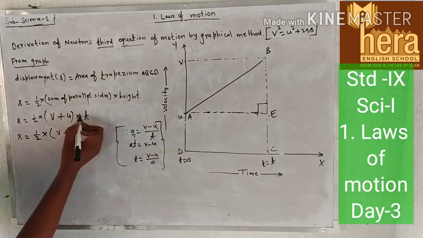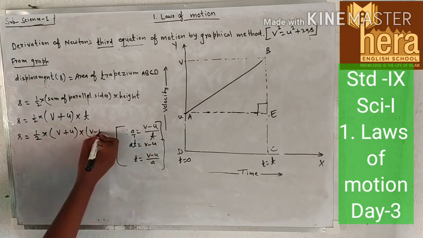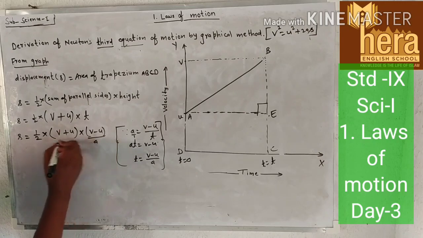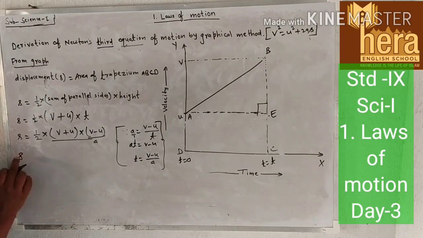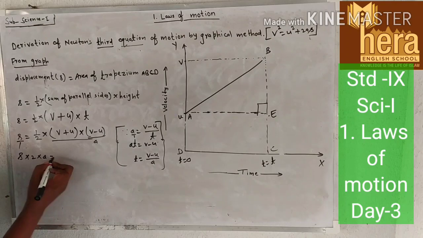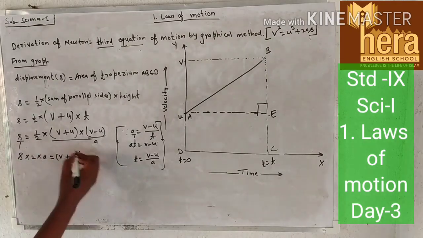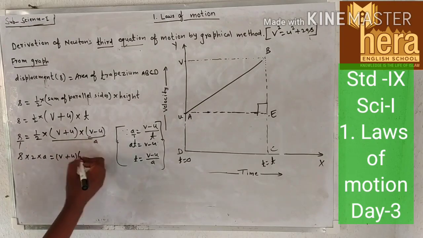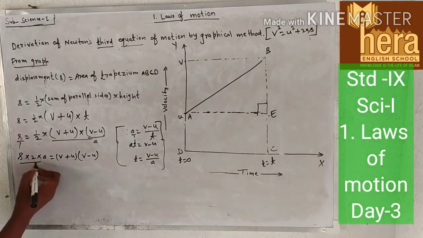So in place of t, what you have to put? V minus U upon a. So put here V minus U upon a. It means S into 2, cross multiply, here is 1. So S into 2 into a will be equal to V plus U into V minus U. After rearranging, you can write